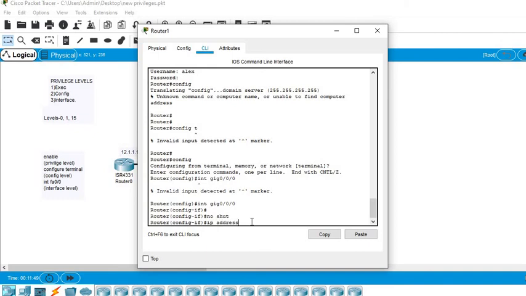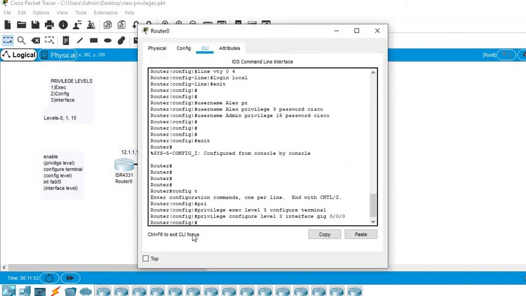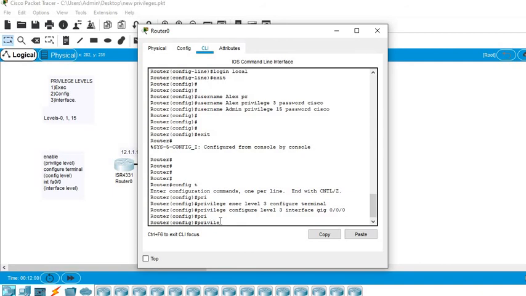If I type the IP address command, it is not working. Again, the IP address command comes under the interface level. So I'll type privilege interface level 3 for the person, and then the command I want to use is IP address.